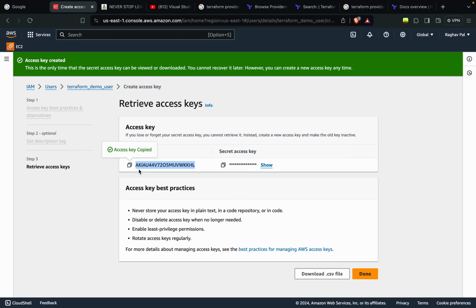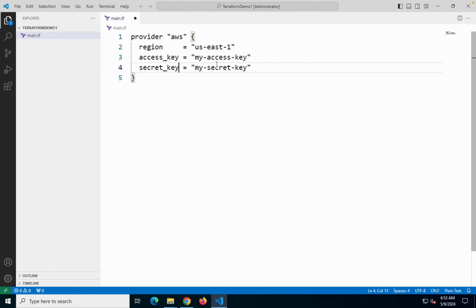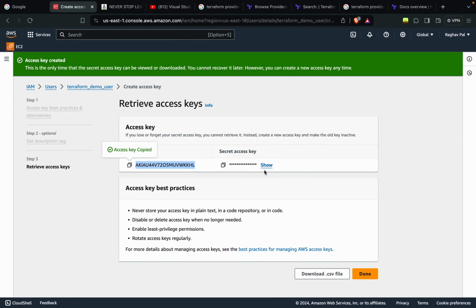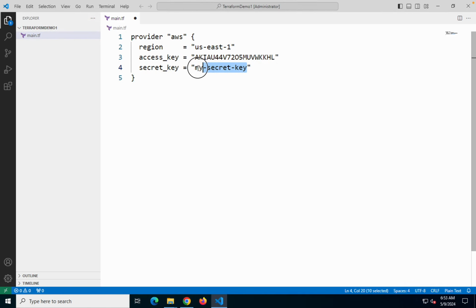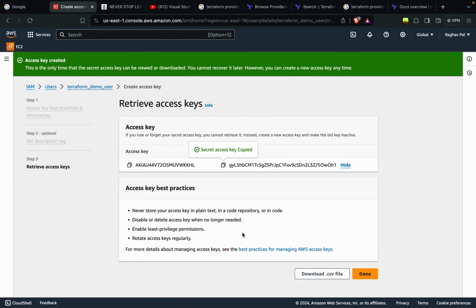So I will copy this access key and give it here, and then I will copy the secret key from here and give it here. Okay, and do not worry that I'm exposing all these credentials. This is a test account, and anyways after the demo I can delete the user and the access as well,